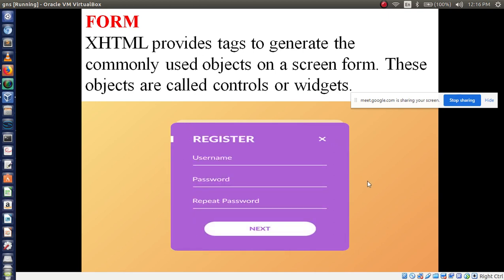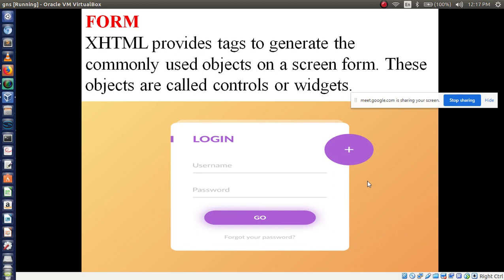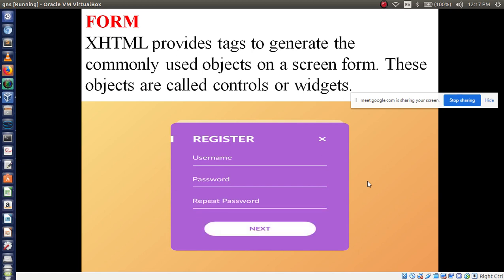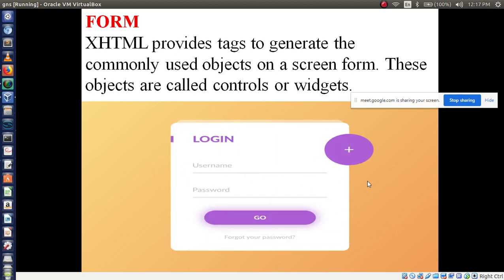Please remember this question. Controls are nothing but input: text box. All of you write down. Controls are text box, password, radio buttons, checkbox, text area. These all are examples of controls.